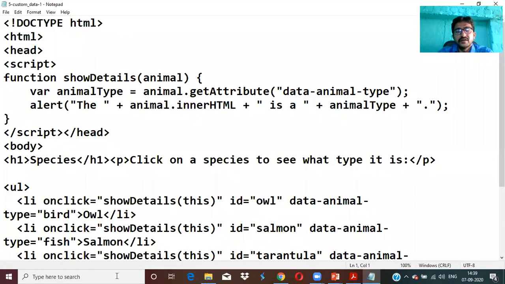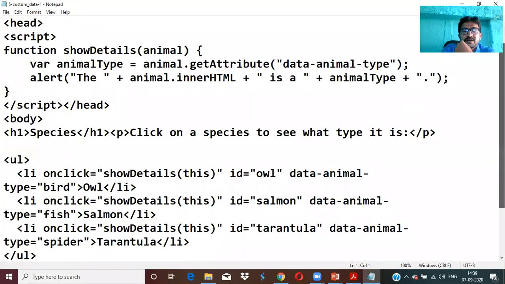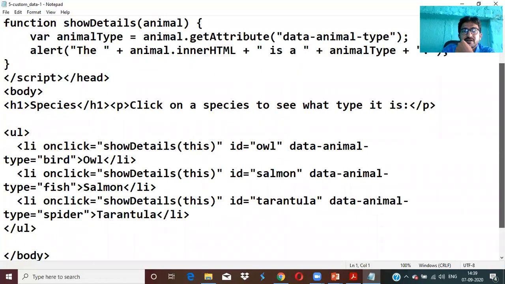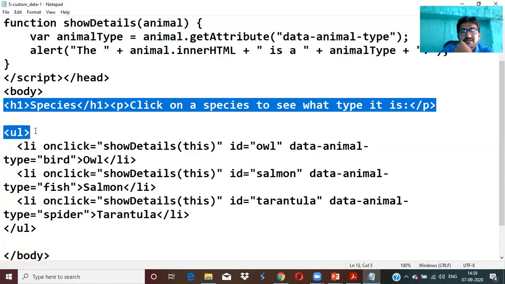See, this is how we are defining data attributes here. This is JavaScript, so try to understand it. In the body, we first have the heading and a paragraph: click on a species to see what type of it is. Then on click, show details, when you click on a particular item.